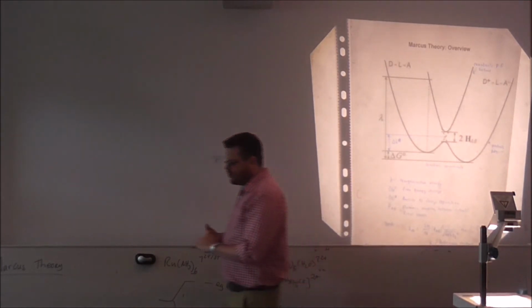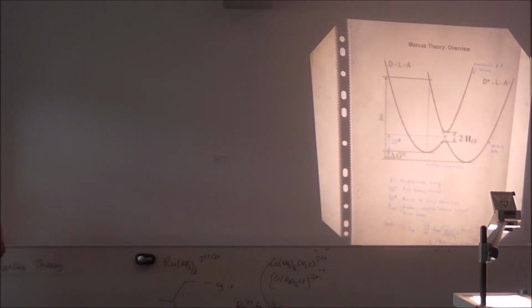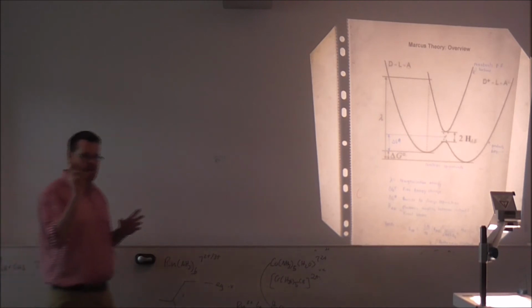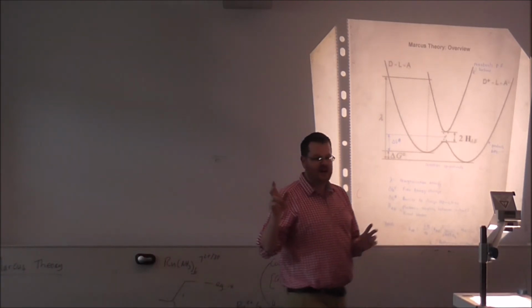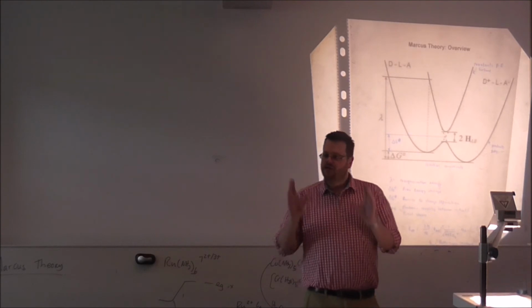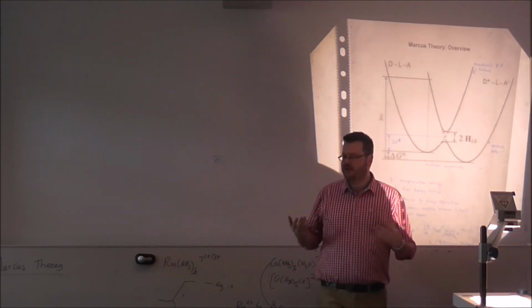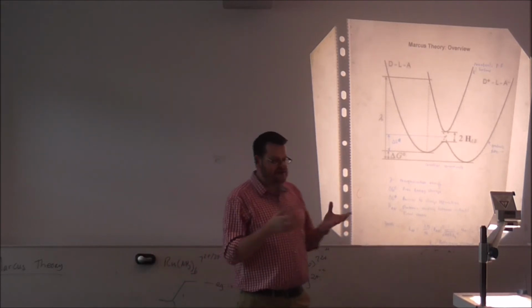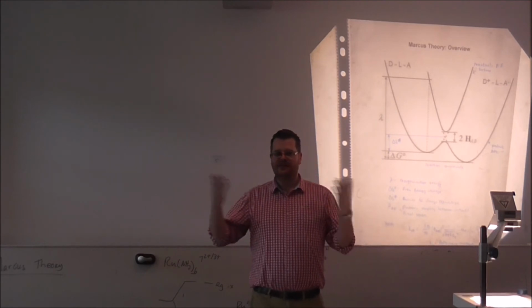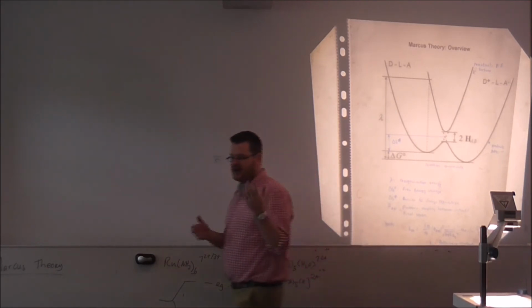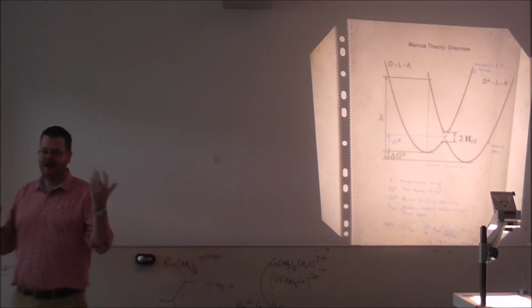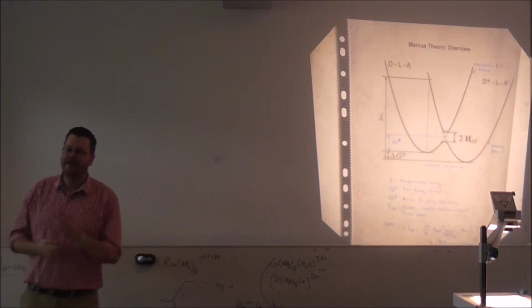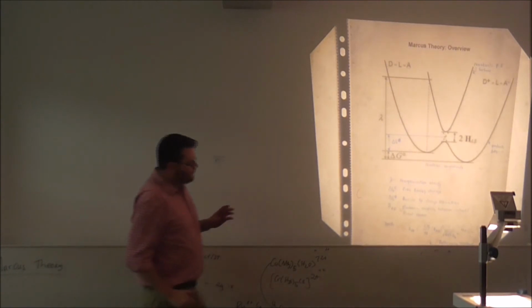Marcus theory is a way of explaining electron transfers, particularly for outer sphere reactions, because inner sphere processes become very complicated, remember, since you're forming a molecular orbital between the two metal centers. That complicates things considerably. But for an outer sphere electron transfer, what Marcus said is, let's imagine a self-exchange between iron 2 and iron 3, two iron centers, one iron 2 plus, one iron 3 plus, like we've just been looking at. You can imagine that